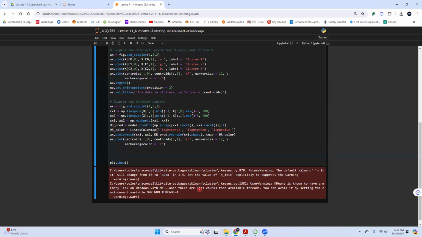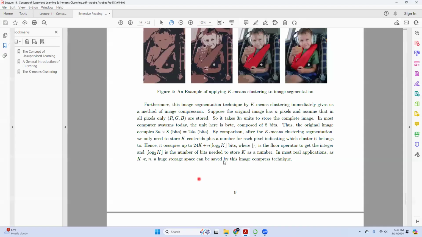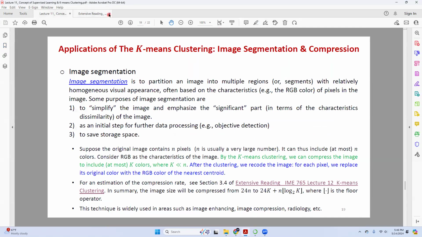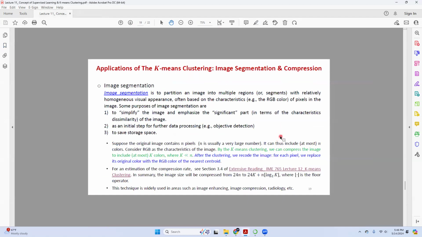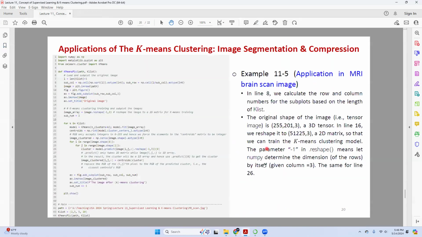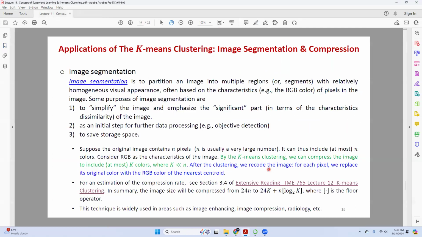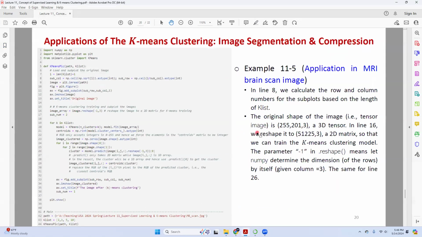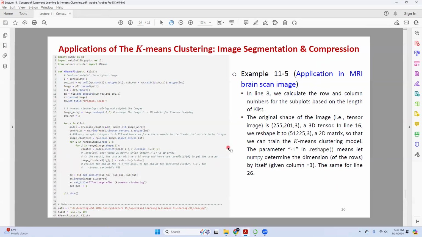If it works, it could be a very good ratio of image compression. This kind of image segmentation is widely used in things like image enhancing, image compression, or even radiology. We'll see an MRI scan here. Then let's see how we can play this game in the MRI scan.